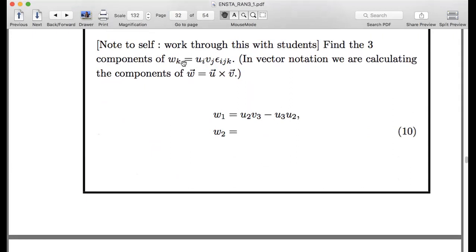Okay, so that gave us one of the three components of W, but k can take the values 1, 2, and 3. So let's move on to k equals 2. Should be a V2 on the second term. Ah, thank you. Very good. Yeah, okay. And now,